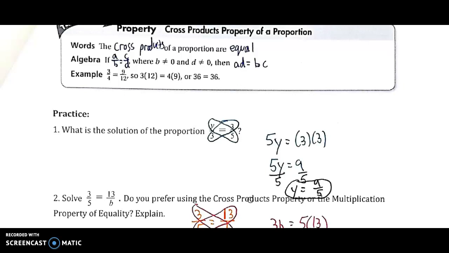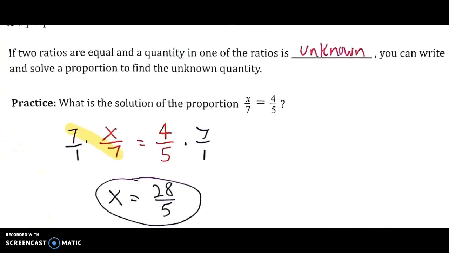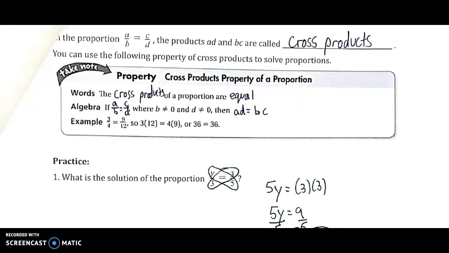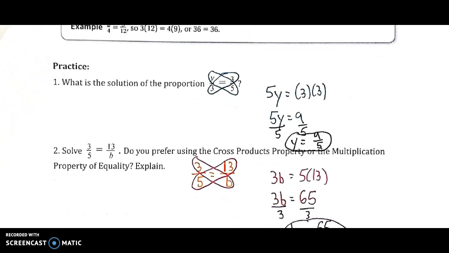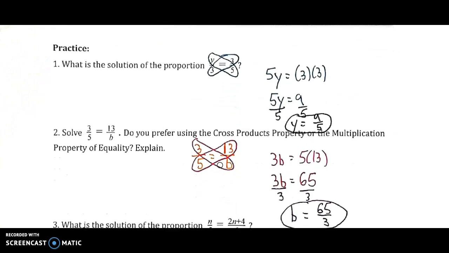I could solve that either using cross products or by multiplication property. And you don't have to flip back to it, but I'll see really quick. Multiplication property is again just multiplying the same amount on both sides. So we could solve it that way. Although I think I would prefer cross products here. It's always your choice, but cross products I think is simpler because you kind of get rid of both multiplications at once. If we multiply 3 times b, again top times bottom, and again bottom times top, so 5 times